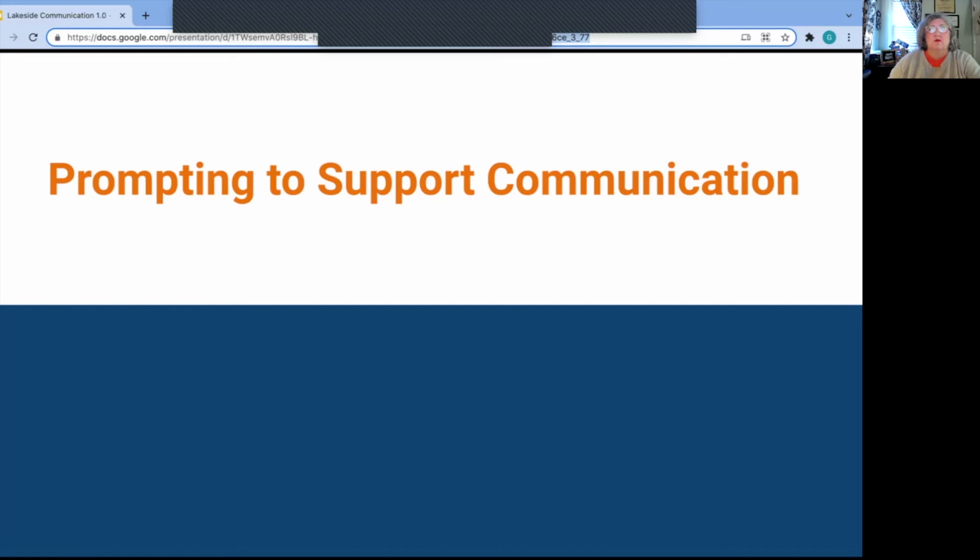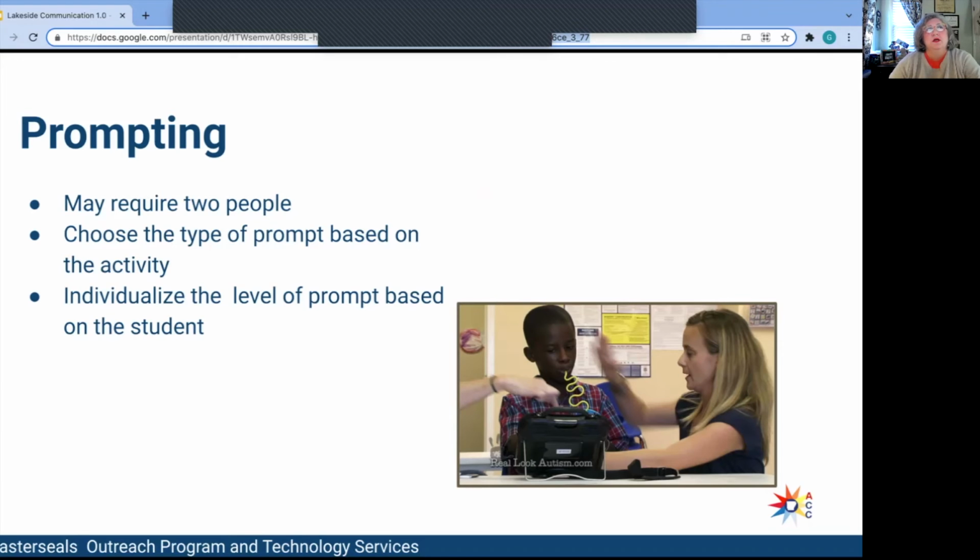It's important that we plan how to fade our prompting out. Using prompts to support our student, not supplant or replace their skills, is one way we're developing that productive struggle